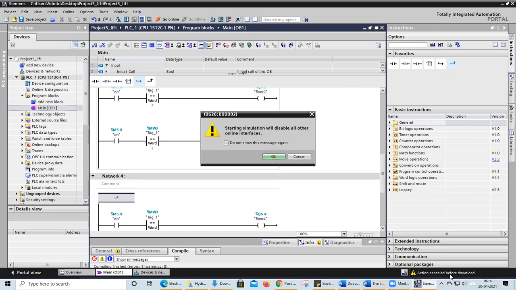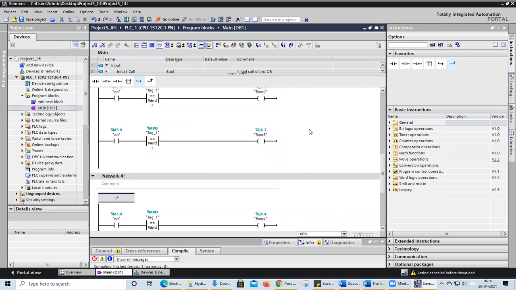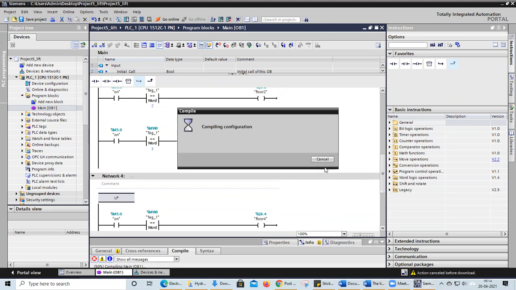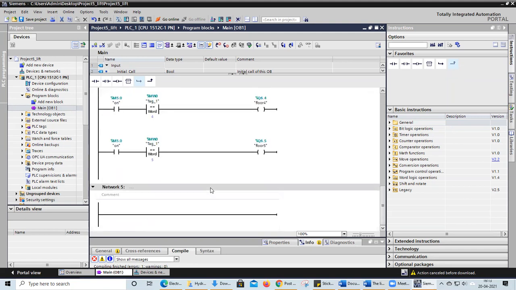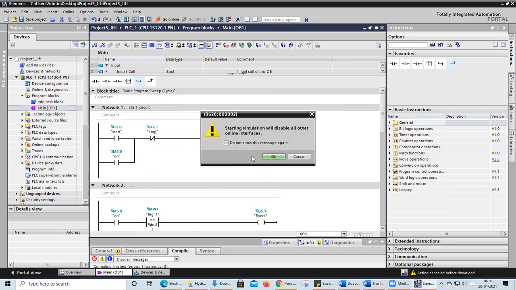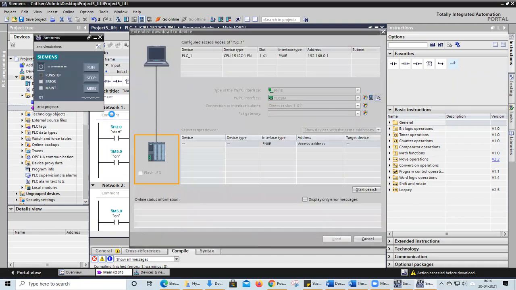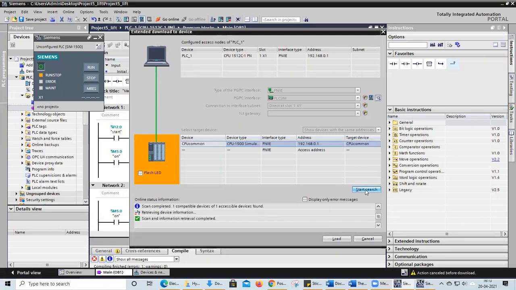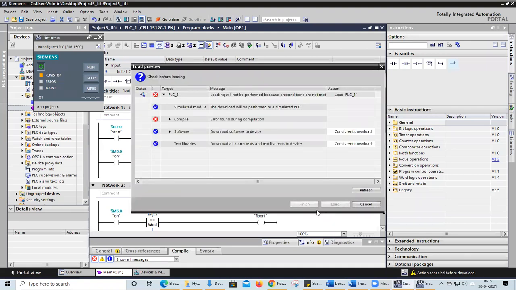But why? Some error is occurring, I think. So I will close and I will have to reopen this one.